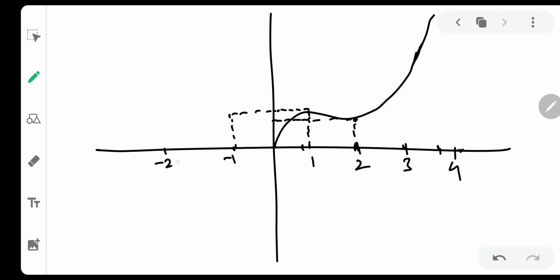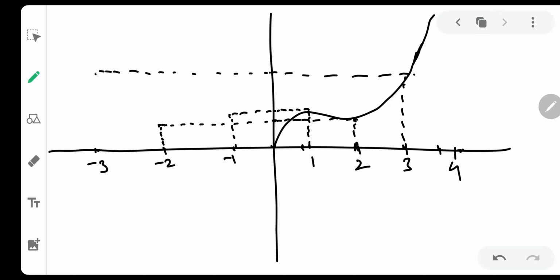So when I put the value of minus 2, there's a possibility that I get this value. Very simple. It means what? I am going to get the same graph which is present on the right side of y-axis on the left side of y-axis. That's very nice, isn't it? Now let me draw this graph for 3 also. For 3, then over here also I put minus 3. So for that also the graph will be same.